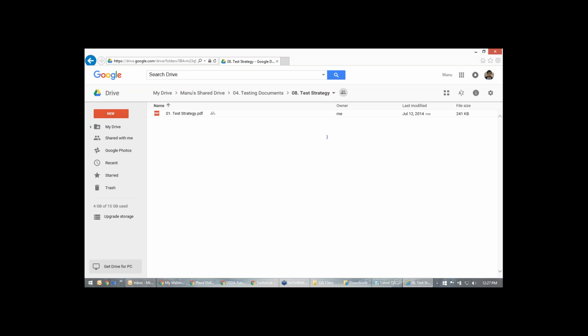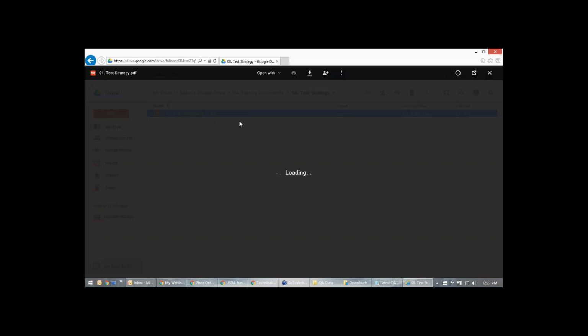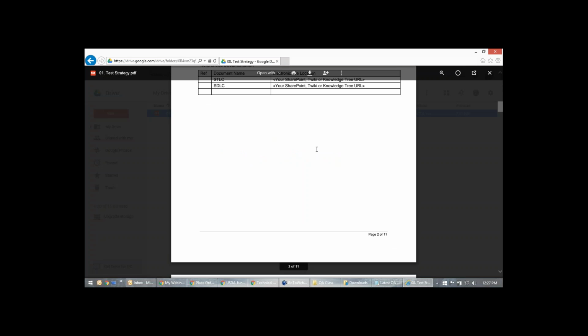See, test plan is like how you are planning. So it contains all the information about planning things, how you are planning and what you are trying to do. Test strategy contains strategical analysis, like how you are trying to approach. So this is like planning, but if they are stuck in something, how are we going to approach that? That is strategy. So what does it contain? It contains test levels, roles and responsibilities, environment requirements, testing tools, risk and mitigation, testing schedule, testing priorities, requirement traceability matrix. All this is contained in the test strategy document, which the test plan doesn't have. So this is an example of test strategy.